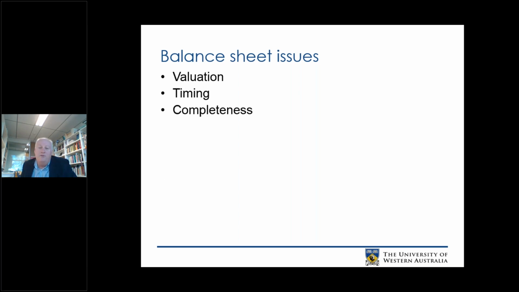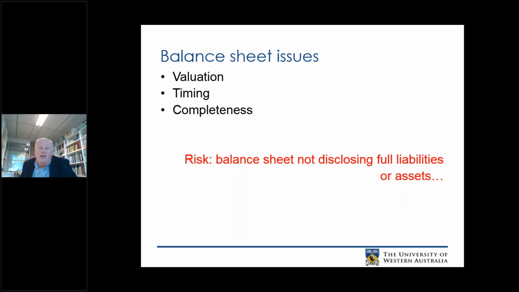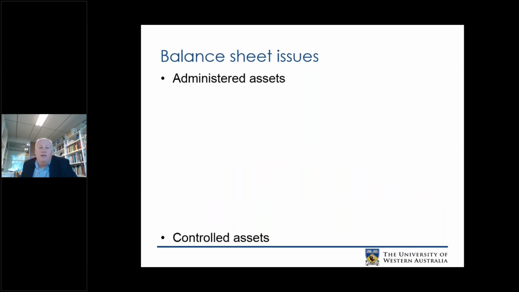Completeness, so making sure you have all of the elements in place, is absolutely critical too. So at the end of the day, the risk that the balance sheet does not disclose the full liabilities is a risk that's important to consider. Additionally, not disclosing the full assets is also a major issue. Not being across sustainability issues over time is a third risk that you should consider, making sure that you appreciate that you might be sustainable and solvent today, but over time that situation might change, and the balance sheet helps you to understand that.